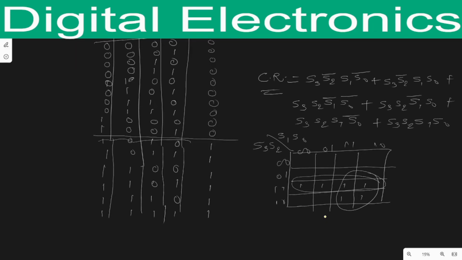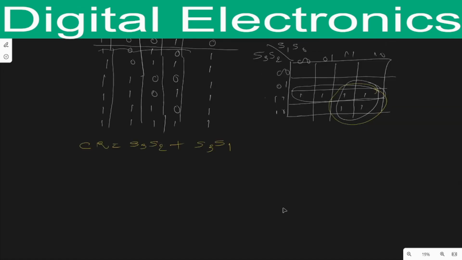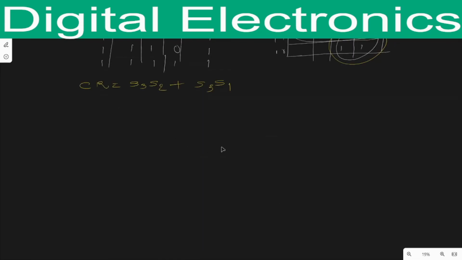Okay, now by using this combination, by using the horizontal grouping, what will we get? We will get our first answer as S3 S2, and by the second grouping we will get the answer as S3 S1. Okay, so by using this equation